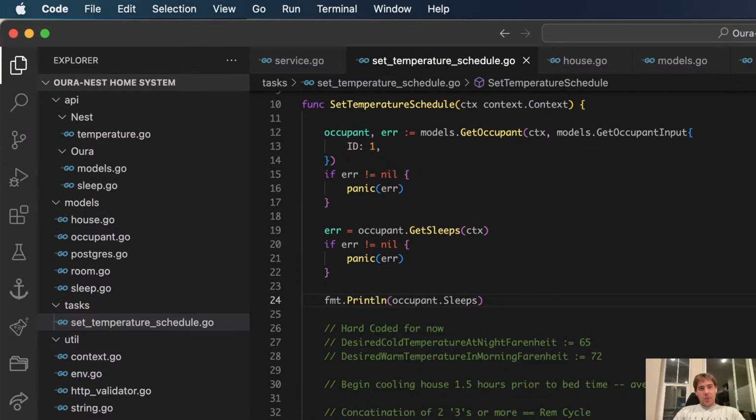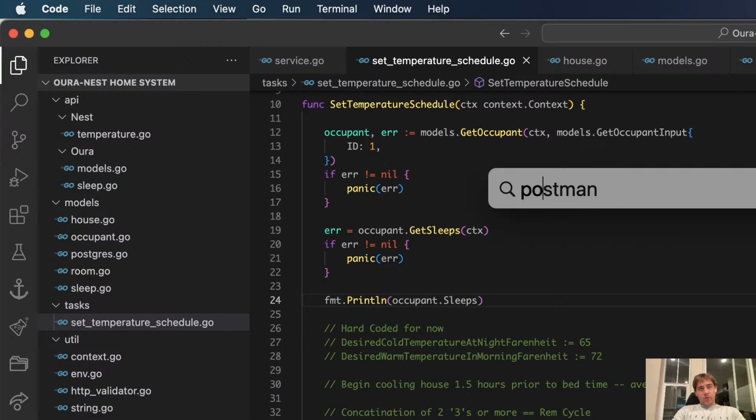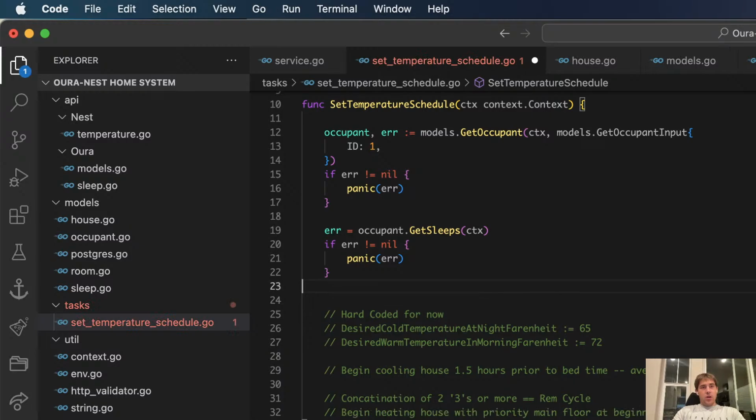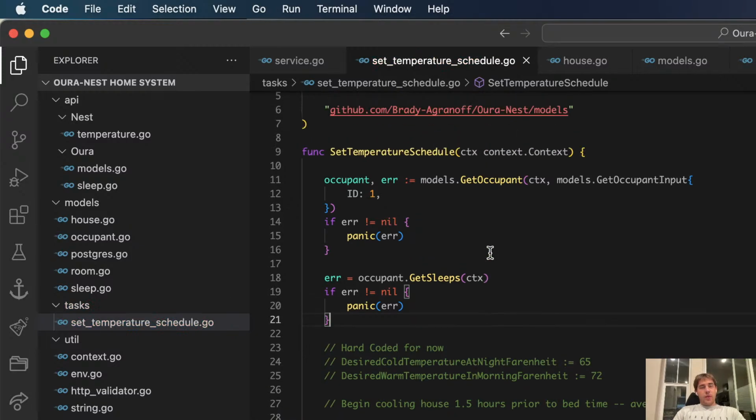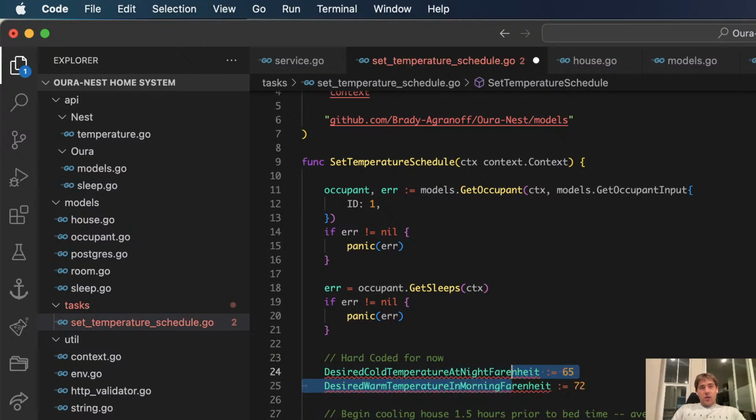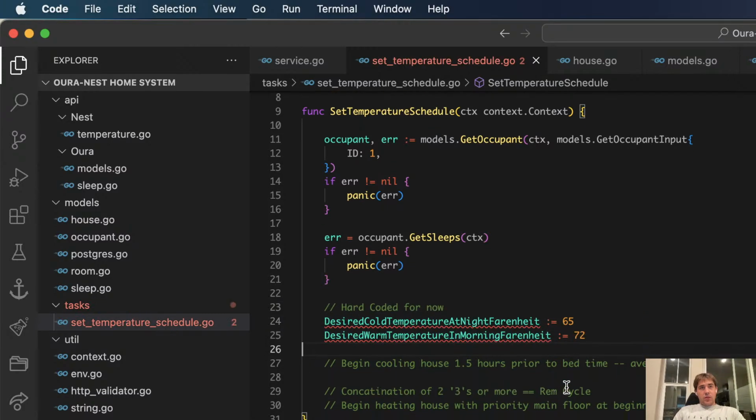It figures it out. Yo, let's go. It's good. Okay, I need to figure out better error handling for this. This is just such a mess thrown together, but I want to get this up fast. So let's see.